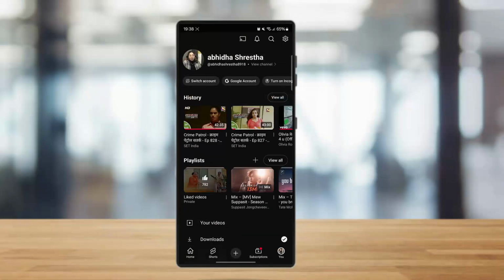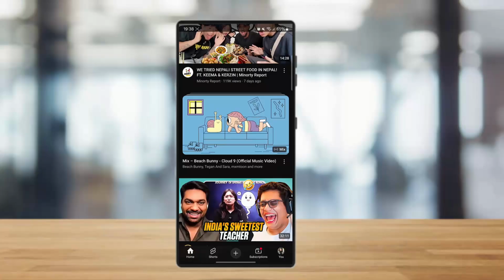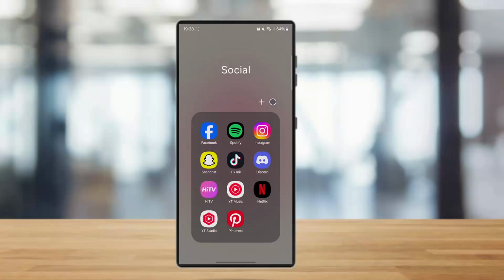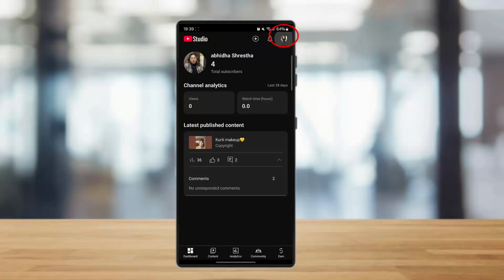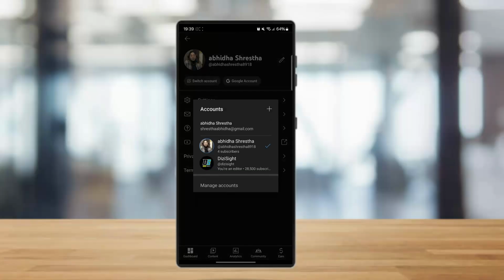So first of all, you need to check whether your YouTube channel is a brand account or not. If your YouTube channel is a brand account, you will be able to transfer it. So simply go and tap on your YouTube Studio. Once you tap on YouTube Studio, simply tap on the profile icon, tap on switch account, and choose your brand account. After doing this, you need to go to